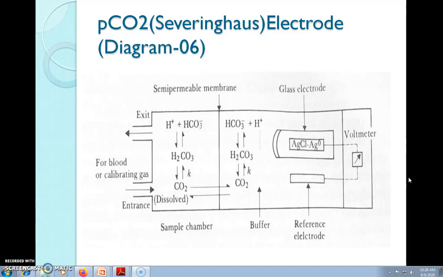The relationship between pH and the negative logarithm of PCO2 is only a proportional one, so it is necessary to calibrate the instrument before each use with two gases of known PCO2. Using the values of pH obtained by processing these two standards, we obtain a calibration curve of PCO2 versus pH.